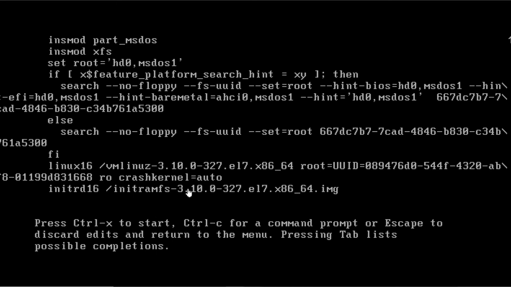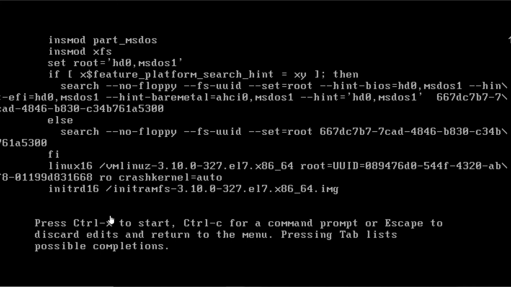Now this editing which we do here will not be permanent. Remember, it is not going to be permanent because it is not in the file. We are not changing the file, we are only changing this boot menu at boot time. So it is going to remain only for this boot, and the next time we boot, these options will not be there because we have not configured them into the main configuration file. So we cannot put permanent options here. We can put the options which we want to use to boot right now only.